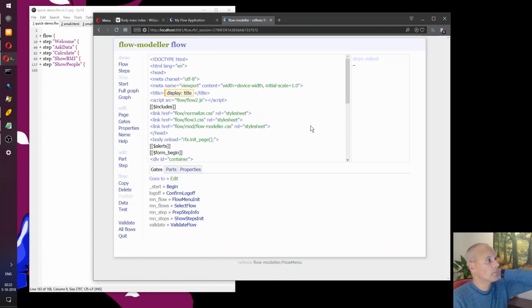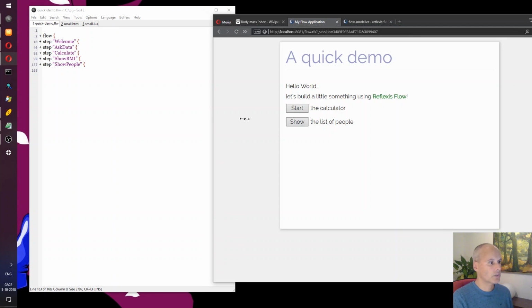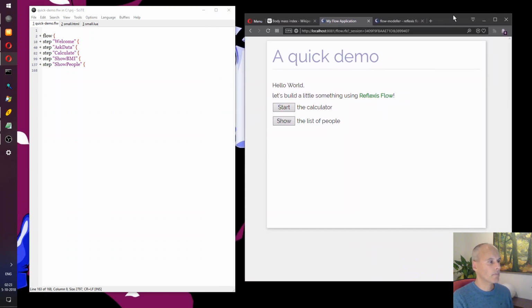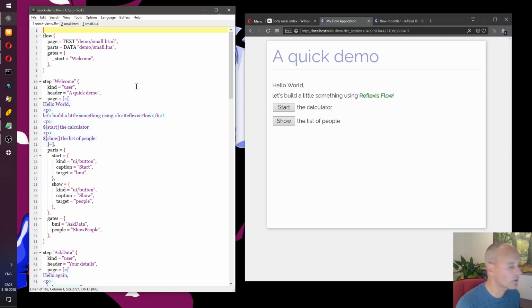Again, I hope that by now you've seen that flows are essentially data structures, models, and because they are data structures, there's all sorts of things that you can do. First of all, they're fairly easy to read.